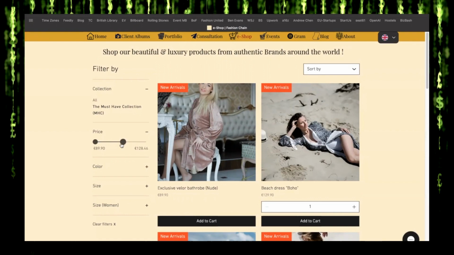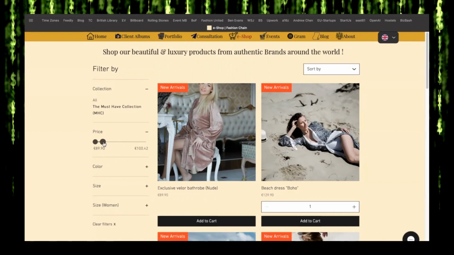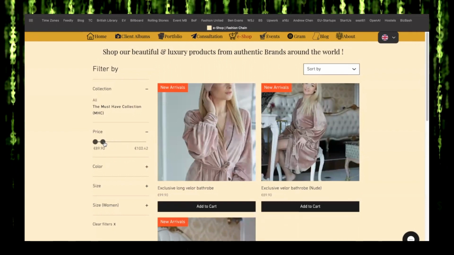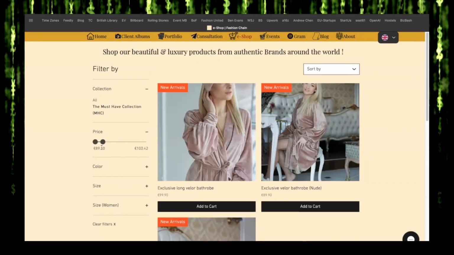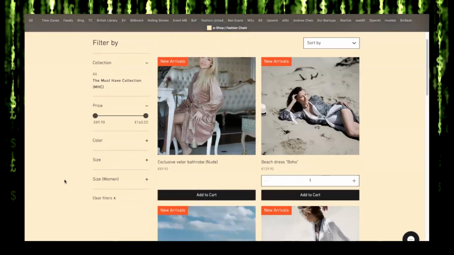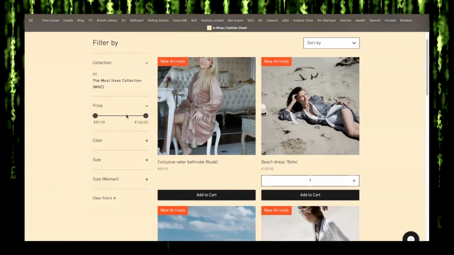Let's say if I make it 100 euros, yeah, we have designs for less than 100 euros, and we also have collections for 160. Anyway, this is the way in which you can filter by the price.